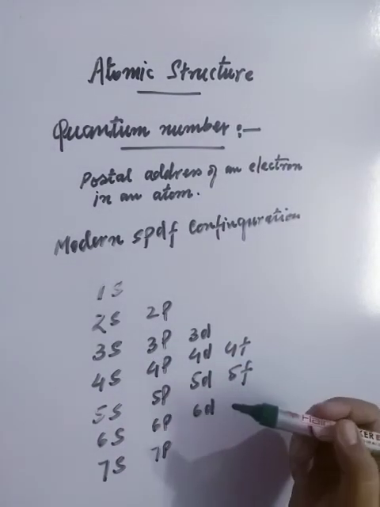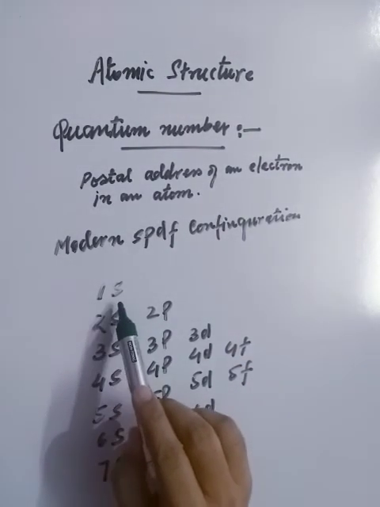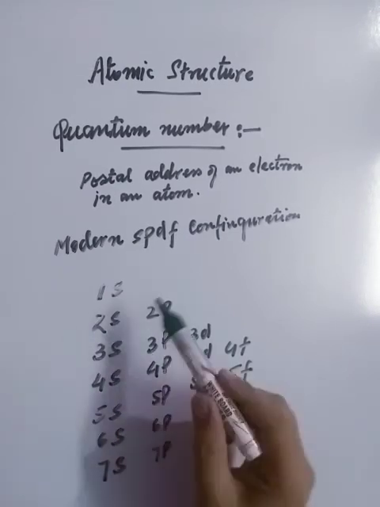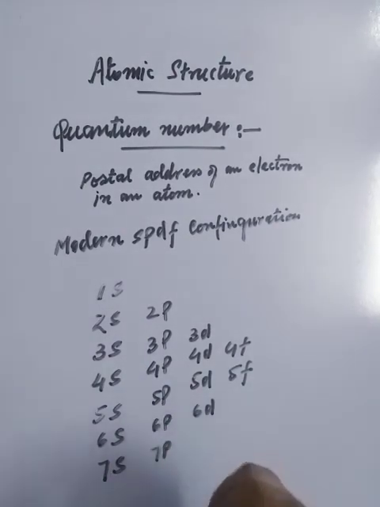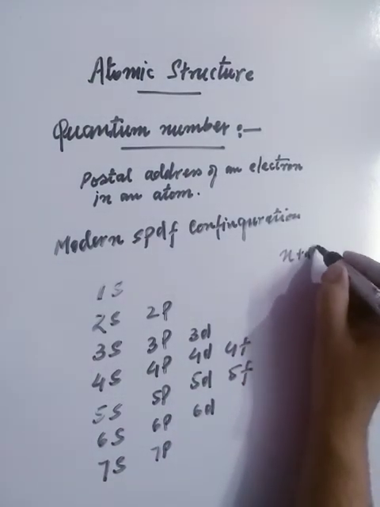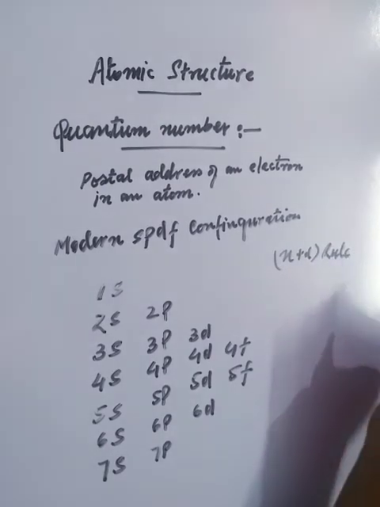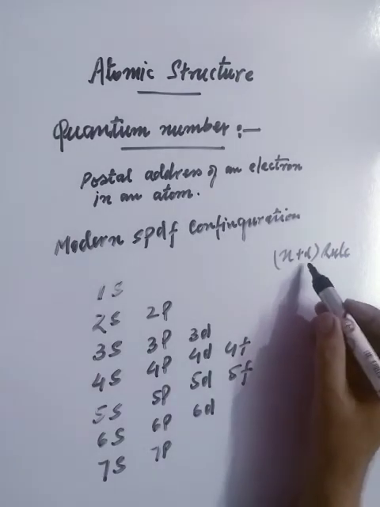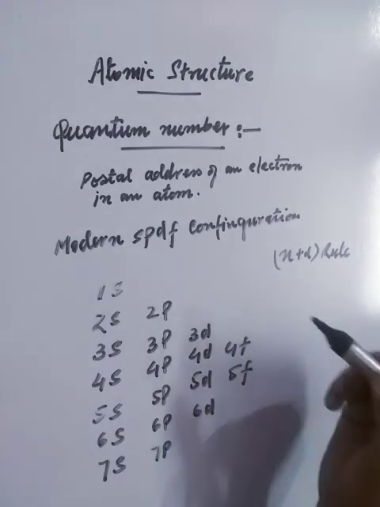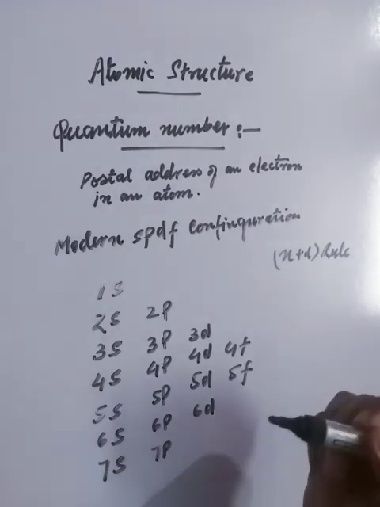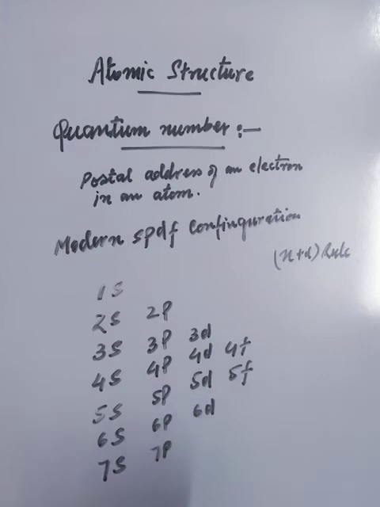Now there are some subshells within the shells. 1s means first shell and s subshell, 2s means second shell and s subshell, 2p means second shell and p subshell. So which is going to have lower energy, which higher? There is a way to find this, called the N plus L rule. The N plus L rule tells you about the energy of the subshell. The one with the greater value of N plus L will have higher energy. If the N plus L value is the same for two orbitals, the subshell having the bigger value of principal quantum number has higher energy. That is the N plus L rule.